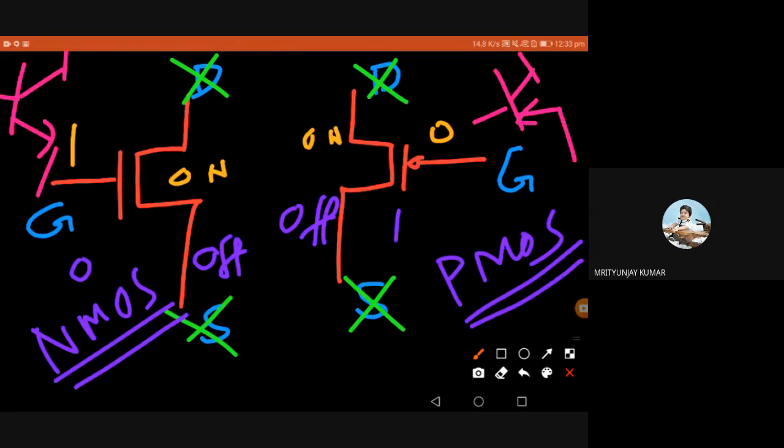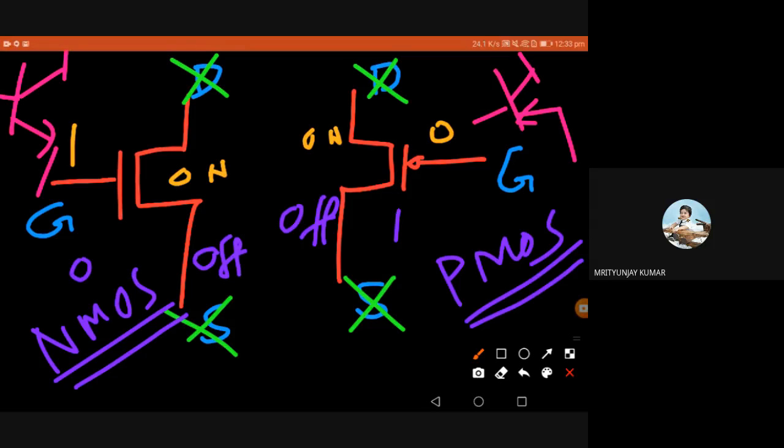What's a transistor? We have discussed a specific transistor, the NMOS transistor, and the PMOS transistor. And for both transistors we are discussing their application as a switch. What is a switch? A simple on-off valve. There are two terminals, input and output, controlled by a third terminal, the gate. When the input to the gate is some high voltage, the transistor is on. That is the NMOS transistor. If the input to the gate is low, the transistor is on. It is called a PMOS transistor. And in the reverse case, it is off in both.